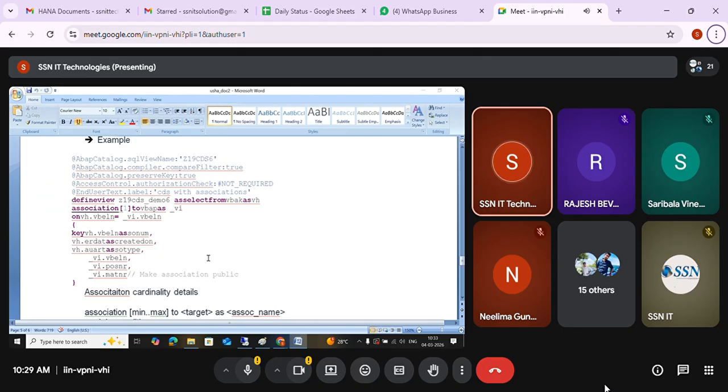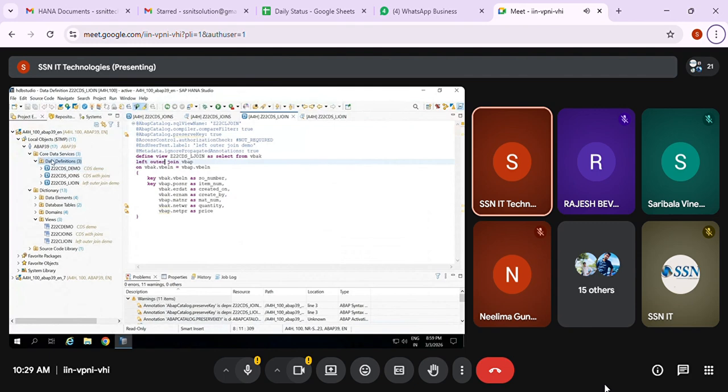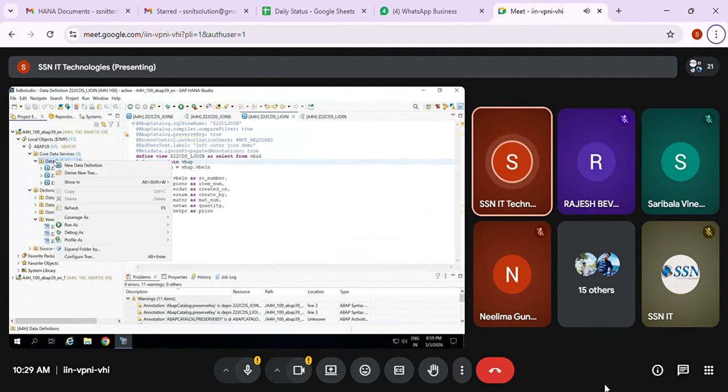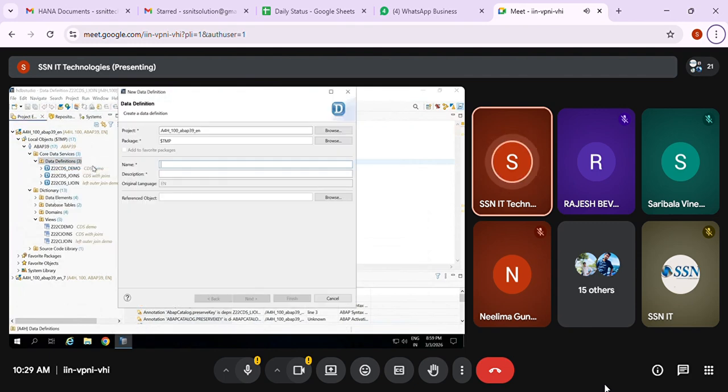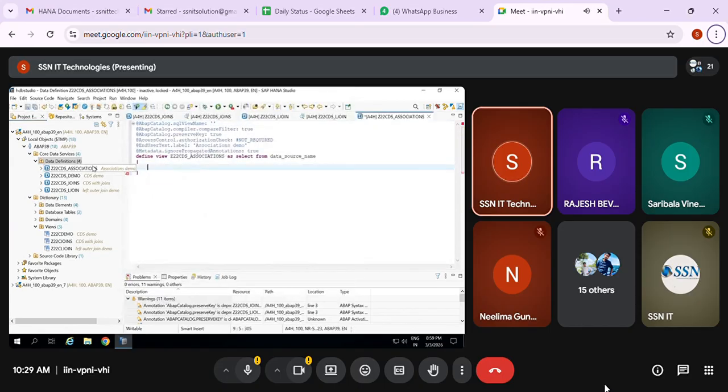Difference. Same as before: right click, new data definition, Z22 CDS associations. So first we need to give the SQL view name.